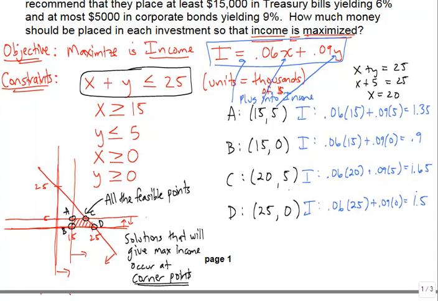Now which one is your actual solution? Your solution is going to be the one that gives you the maximum income, because that's what we were looking for. So which of these I's is a maximum value? Well, if you rank these, 1.65 is biggest. So this is your maximum right here. So what is our solution? Our solution is that we are going to have a maximum income